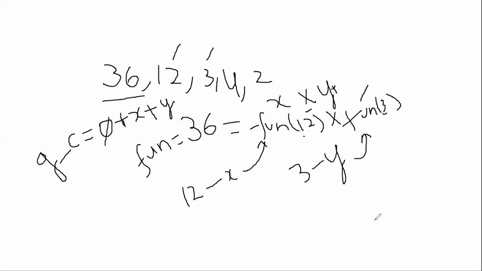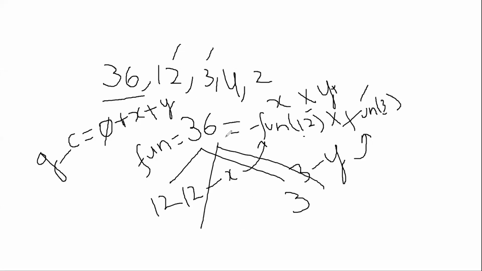Okay. So it's like a tree, right? 36 will be a multiple of 12 and 3. 12 will be a multiple of 3 and 4, and so on till you reach the leaves. Maybe not a binary tree, because we have 12 and 3, and also if you have 6 here, we can have 6 and 6 also. Yeah, that's true. Okay, so it will be an n-ary tree, sorry.